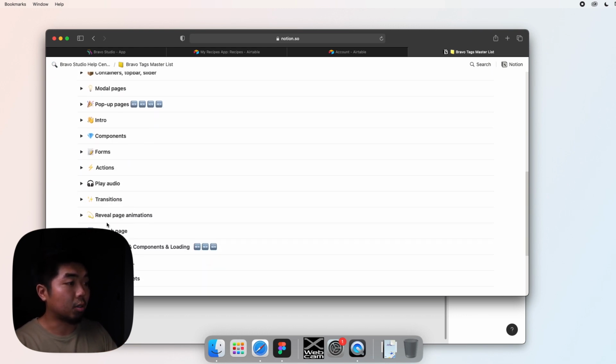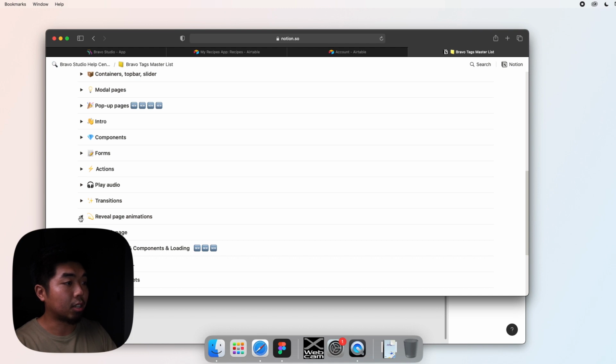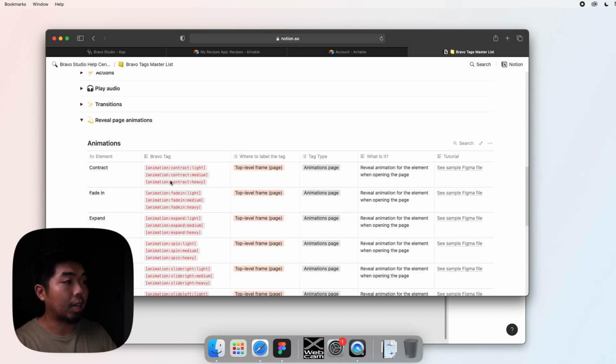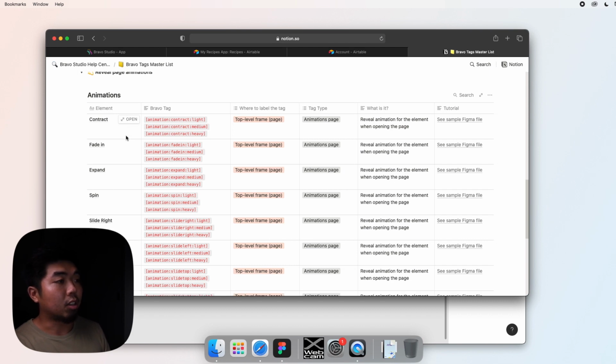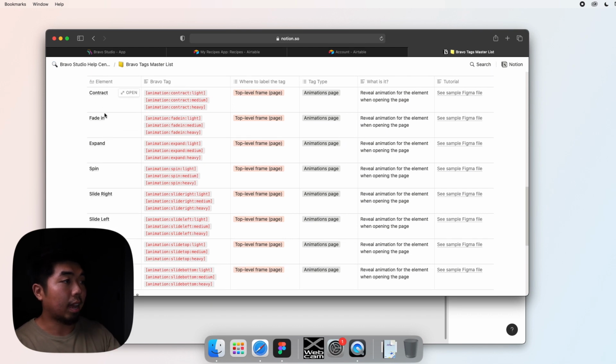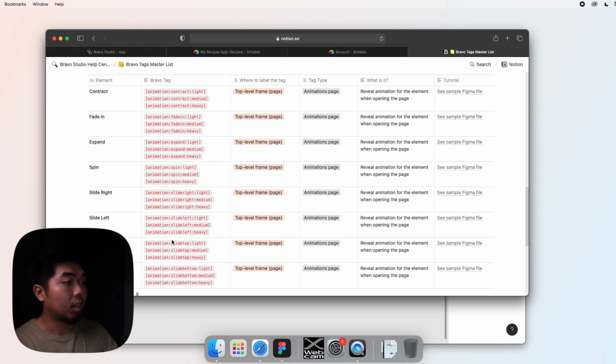For this one, we are going to scroll down to the reveal page animations, and you'll see that there are quite a few animations we can choose from. Now each animation kind of has 3 levels of intensity. There's a light, medium, and heavy, and you can do different animations from fading in to spinning to sliding in from different directions. We're actually going to do the slide bottom, and I'm just going to choose the light version. So for me, I'm just going to copy and paste it because I don't have to